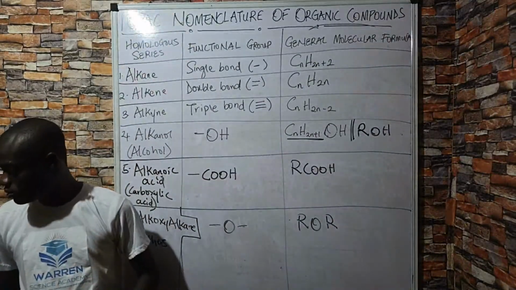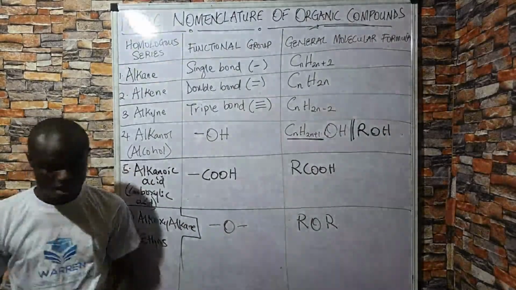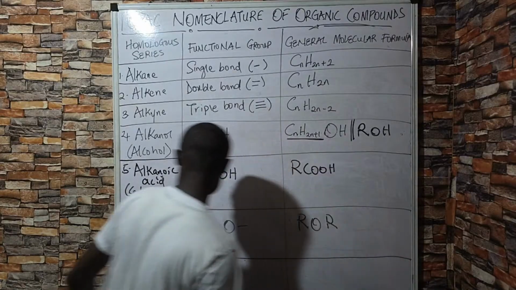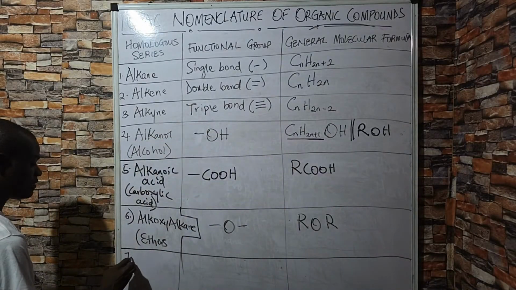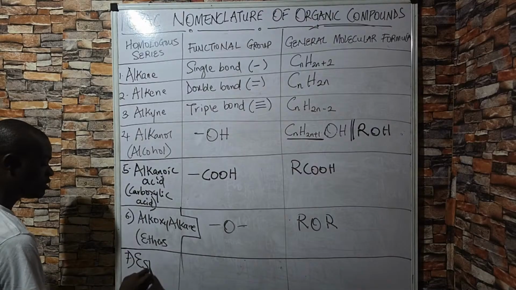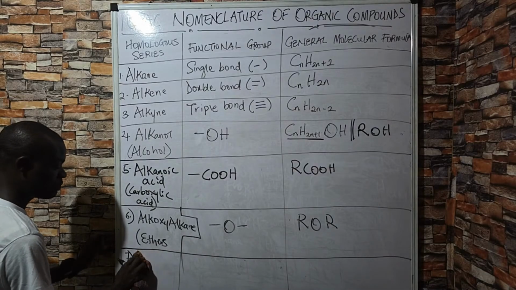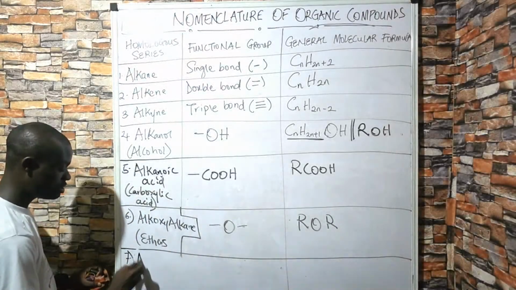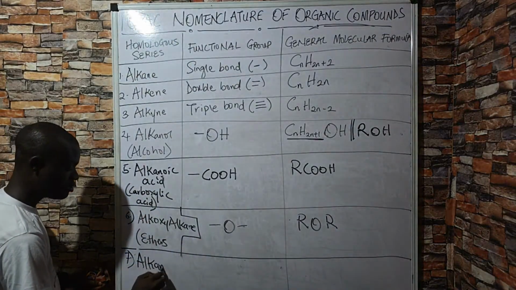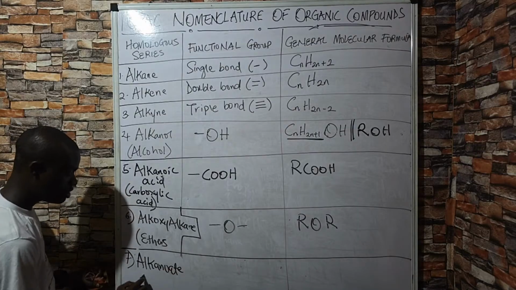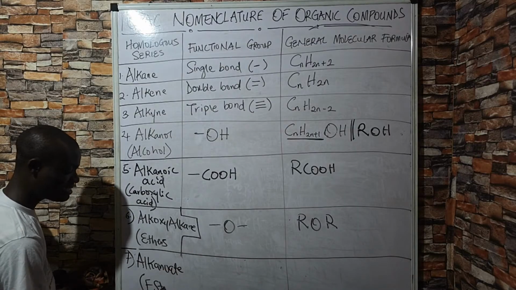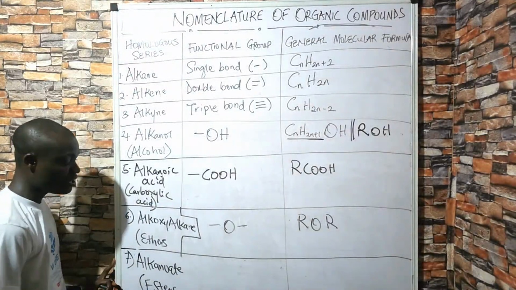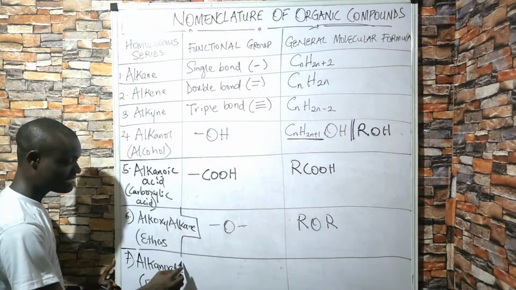So I'll take one more, then I'll go behind the camera and check if there are any questions. Number 7, we have what we call the esters. Not the esters, because their IUPAC name is not esters. The IUPAC name is alkanoate. Their old name is what we call esters, but not the Easter you know as a person. It is the ester without an H and with an S at the back.